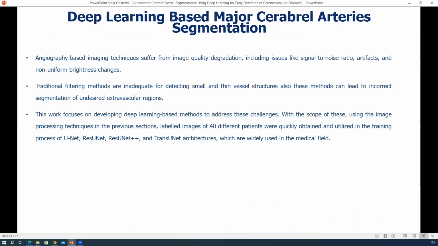These methods can lead to incorrect segmentation of undesired extravascular regions. This work focuses on developing deep learning-based methods to address these challenges. With the scope of this, using the image processing techniques in the previous sections, labeled images of 40 different patterns were quickly obtained and utilized in the training process of UNet, ResUNet, ResUNet++, and TransUNet architectures, which are widely used